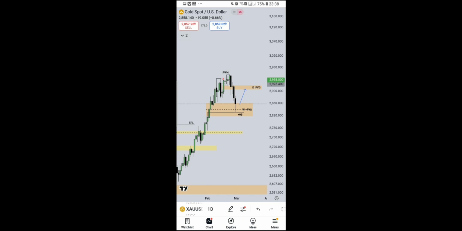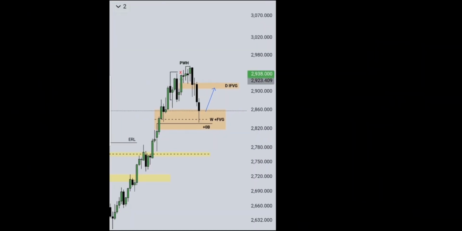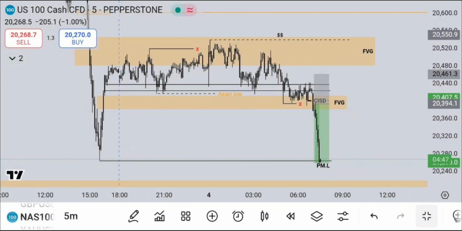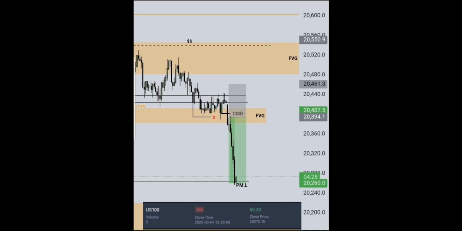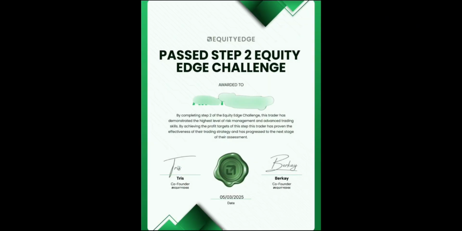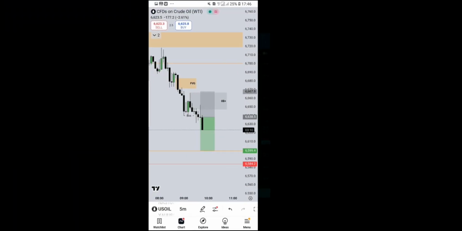And then this was also the gold previous week forecast, and you can see here I was showing them that it was already playing out, right? It made it through with only 2 daily candles. So this was the NAS trade. This was phase 2, right? That was the NAS trade, hit take profit. Then this was Euro USD, hit take profit, and we passed phase 2 in 3 trades because we made this US oil scalp, right?